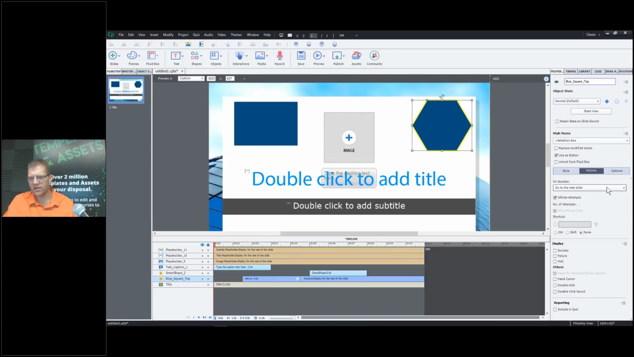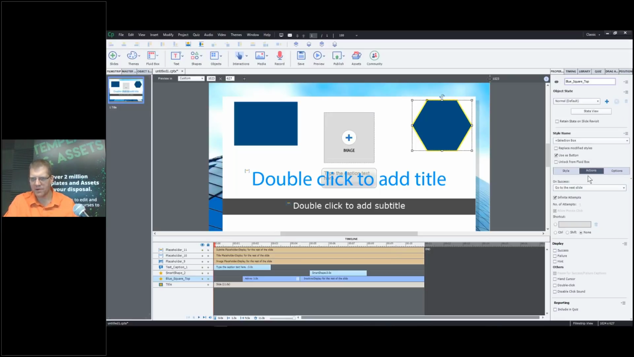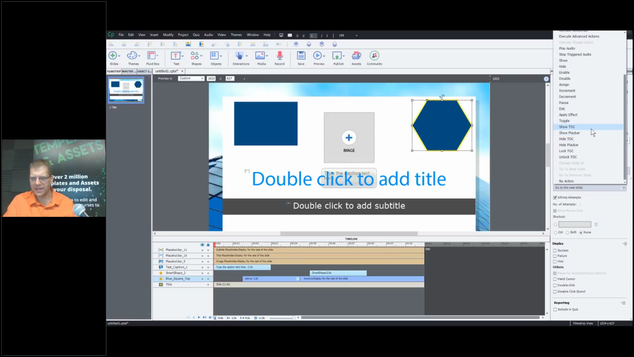to do. And so you can see that there's a lot of different actions here on my actions tab in the properties inspector. On success, which means when I click the button, what's going to happen? I can go to the next slide, I can go to the last slide, I can return to a quiz, I can assign variables, I can increment or decrement variables, I can apply an effect, show a table of contents,